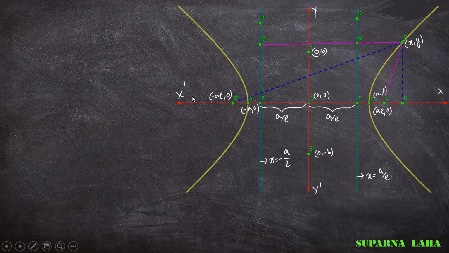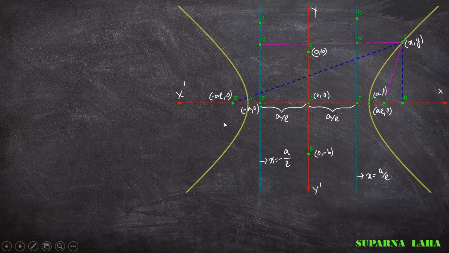Here also you can find two axes, which are called the conjugate axis and the transverse axis. The center is 0 comma 0, and these 2 points B and B dash are 0 comma B and 0 comma minus B. And the coordinates of the foci are AE comma 0 and minus AE comma 0.